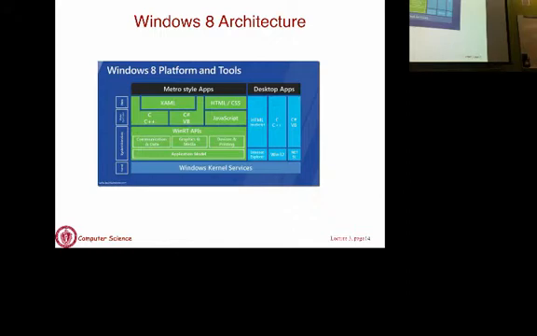So they did the same thing. They started pulling all the pieces that were pulled out and putting them back into the kernel. So Windows NT is the same thing now. You can't call it a microkernel anymore, because all the pieces that were pulled out have been put back in. Some pieces are still outside. There are system processes, but all the critical pieces have gone back into the